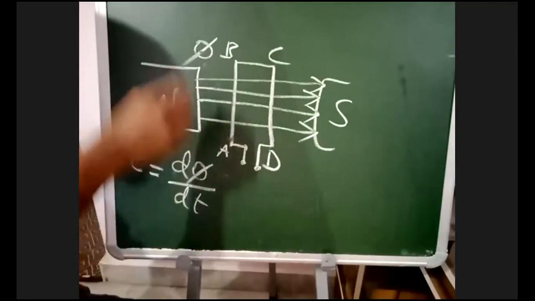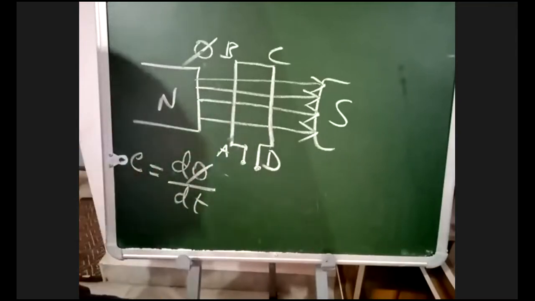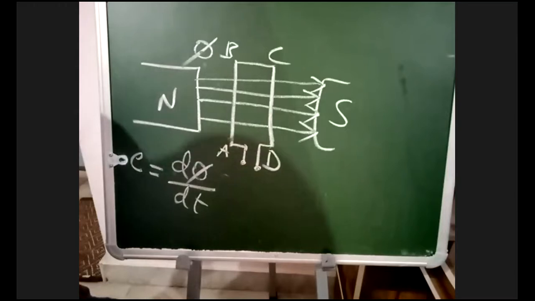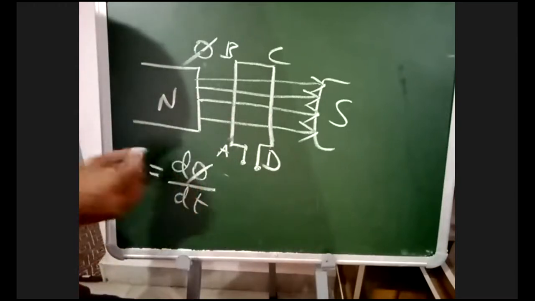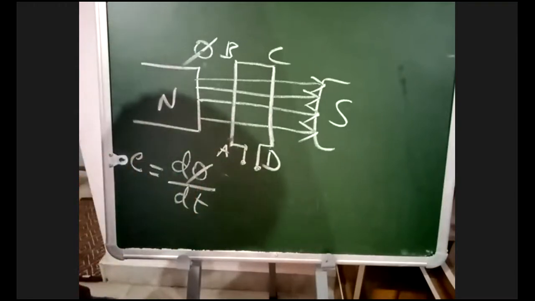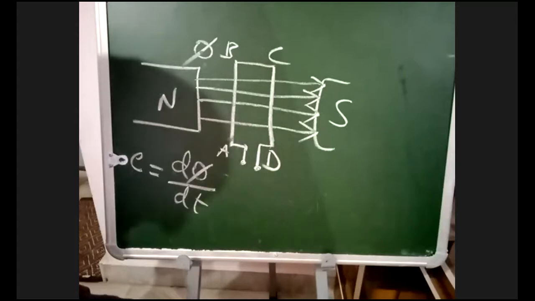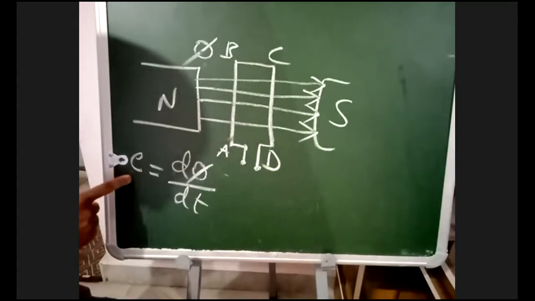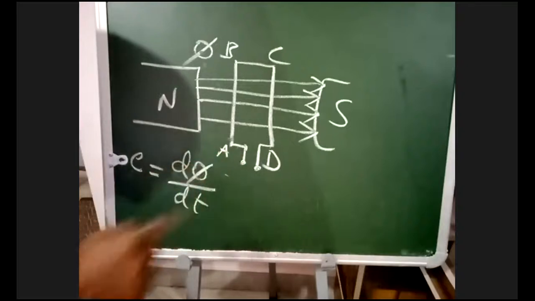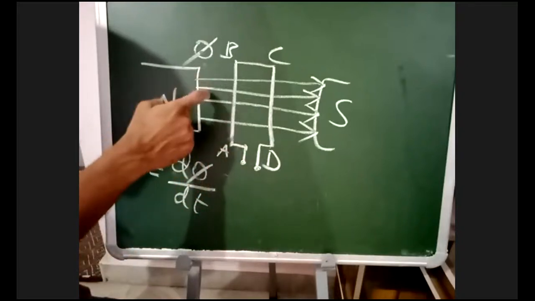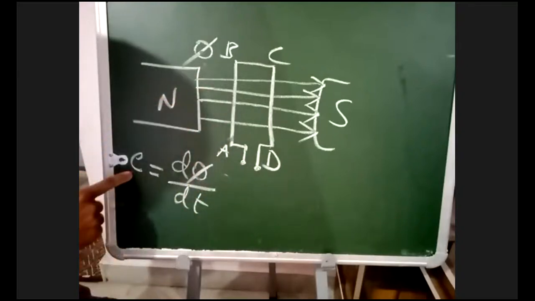So from the magnetic flux, we are getting the electric quantity E. From the magnetic flux φ, we are generating the electric field E. In this way, we can generate the electric quantity from the magnetic field. Faraday's first law is: whenever this conductor cuts this flux, an EMF is induced in the conductor. What is that EMF?